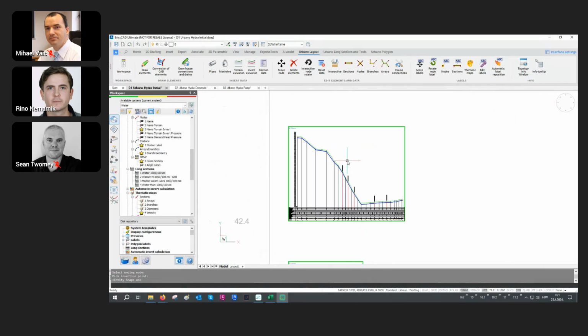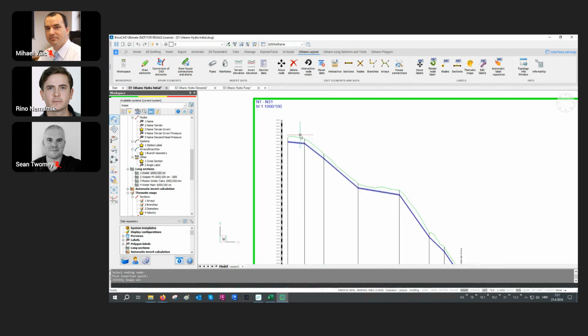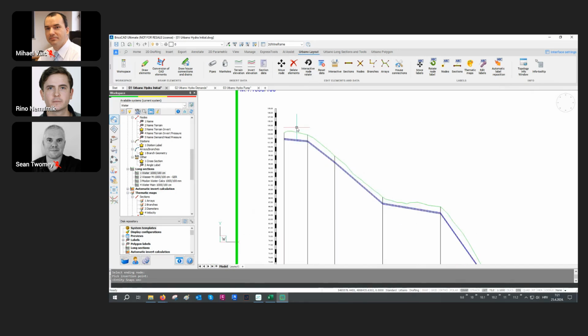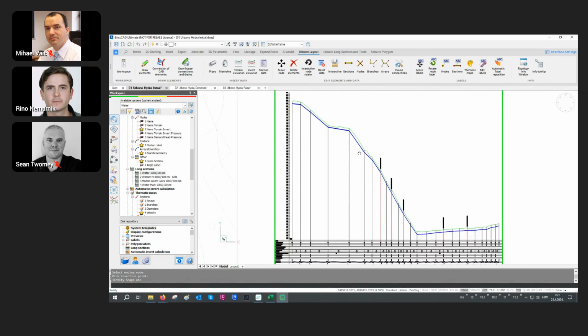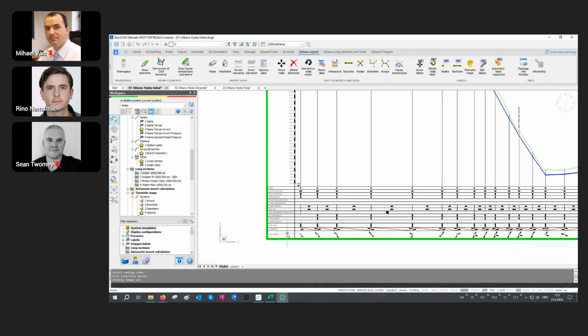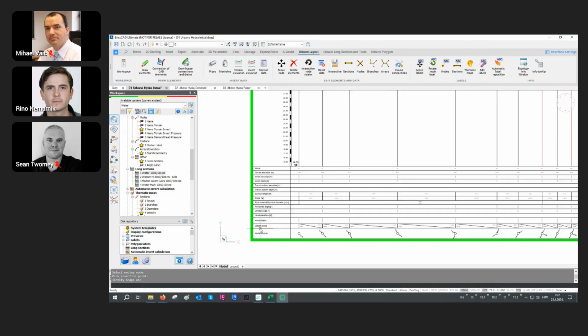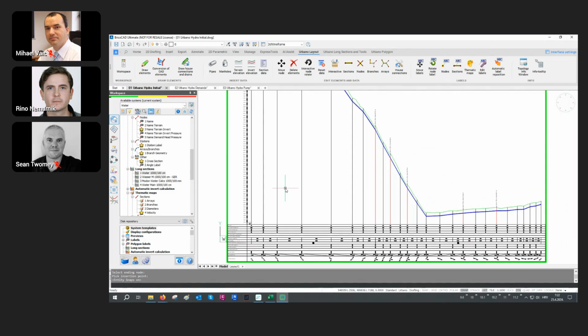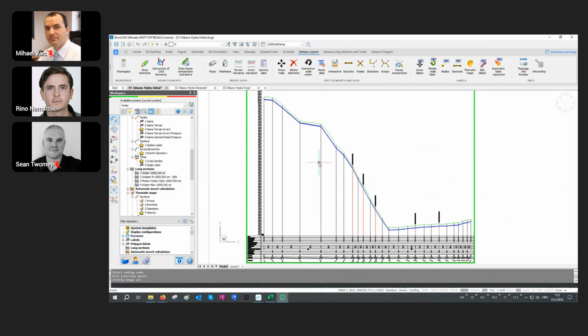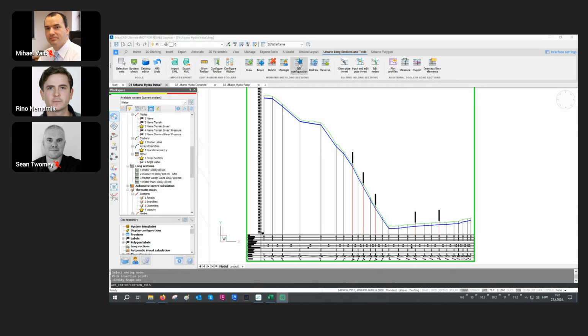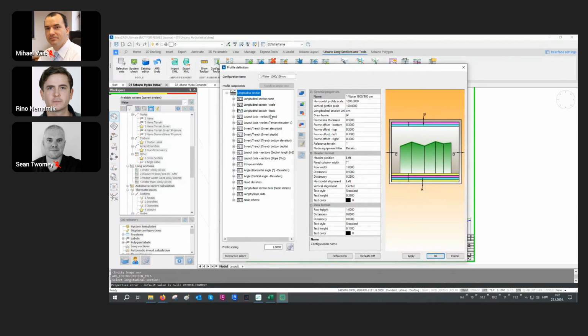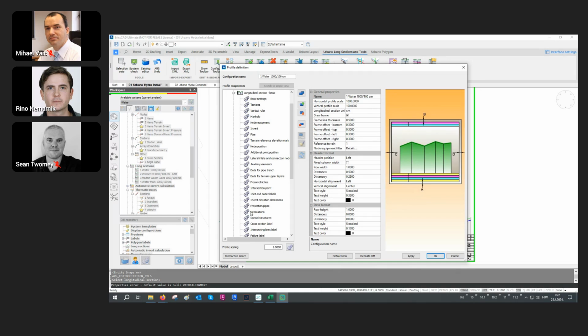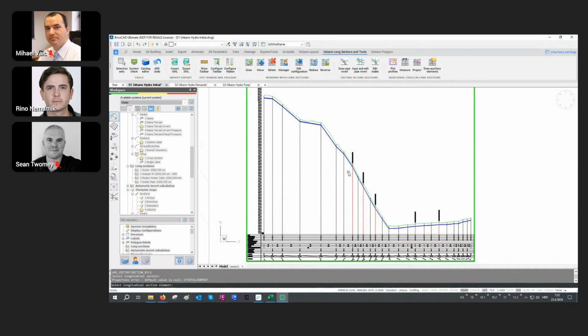So these are default configurations from the English installation, but everything that you see now in this profile, so all the colors, all the data in the data table, basically everything can be changed to look completely different. To edit the visual appearance of your profiles, we have to go to edit profile configuration. And because there is so much data that can be edited, we have this really nice interactive select function with which you can select any part of the profile,